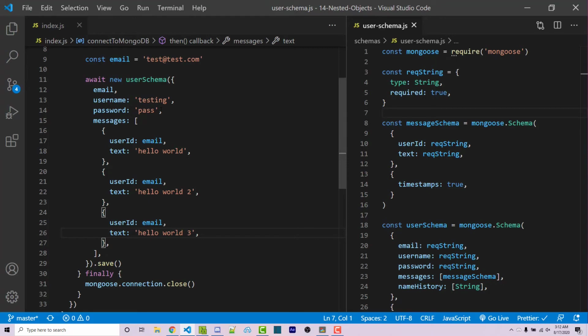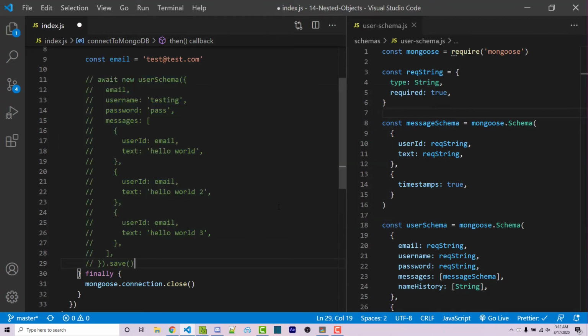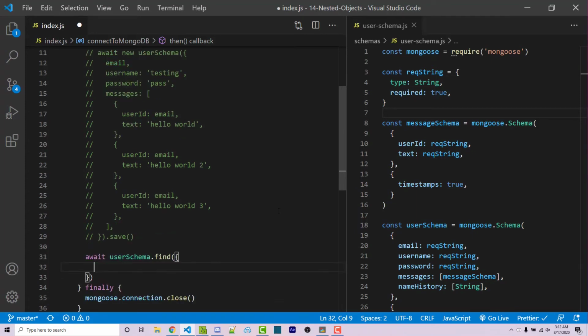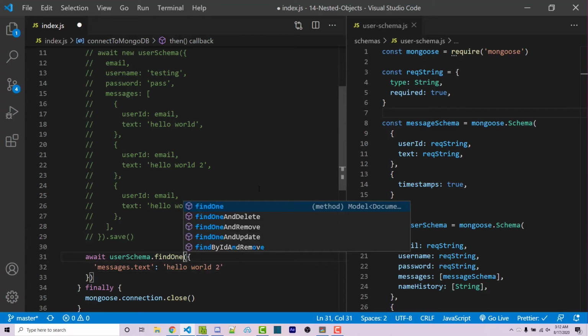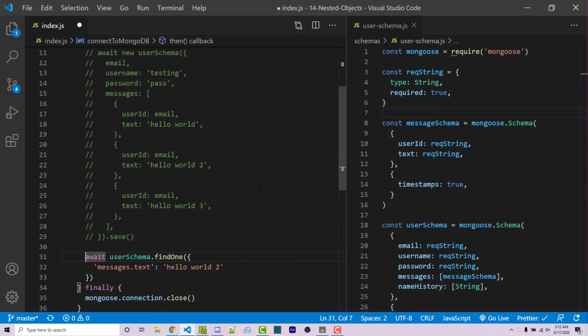Now, how to actually retrieve these or search by these is going to be something we're going to cover right now. So I'm going to go ahead and comment all of this out. And then below it, I'm going to say await user schema.find. So this is going to have an object. And within here, let's say that we want to find all messages that are going to have the text hello world 2. We then have to have our key here wrapped inside of quotes, because we are then going to say messages.text. This is going to be equal to hello world 2. This actually should be findOne,